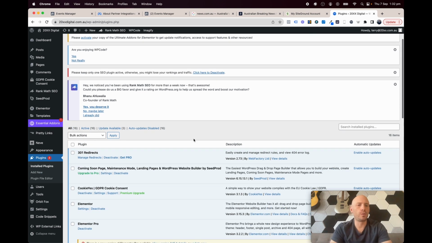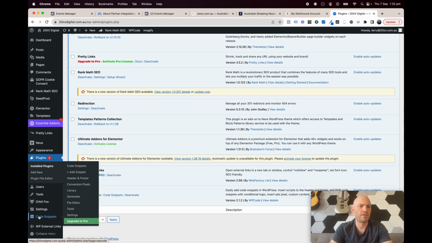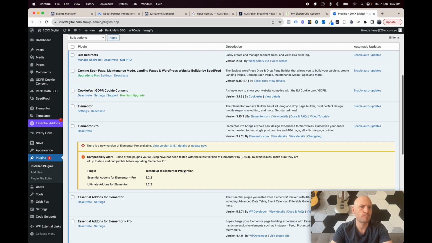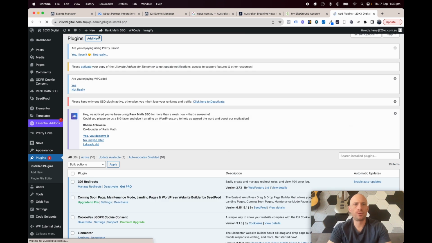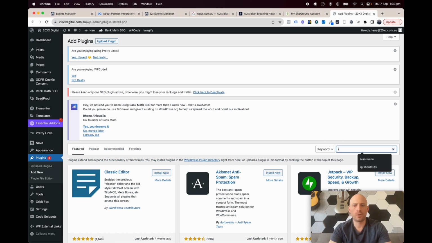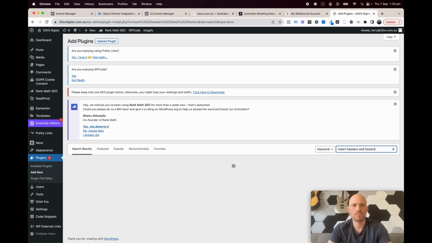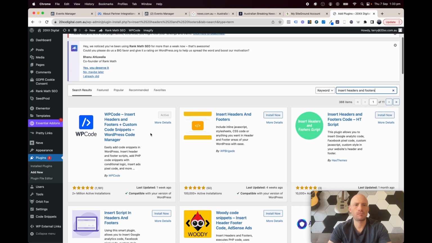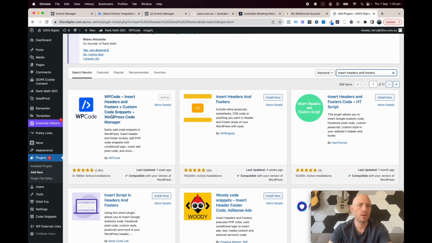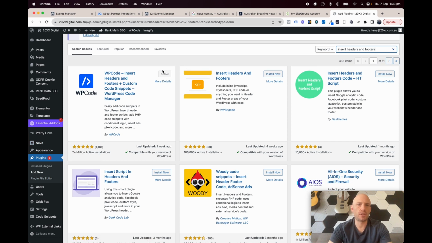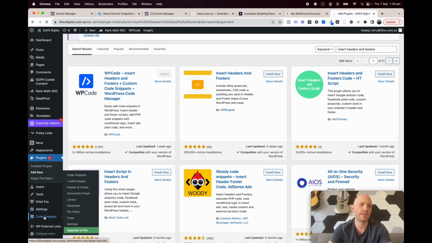Now the plugin that you want to install, I've got code snippets in my one. So we go to add new, and we can use insert headers and footers, which is this one over here, and I've already got that installed, so that is the one that I'd recommend. Then once you've installed it, click activate. So you go install now, then click activate, then it will show up over here as code snippets. Just click on code snippets,